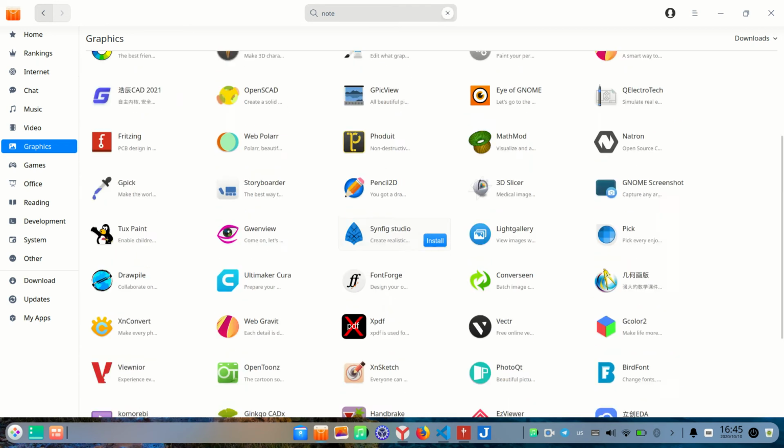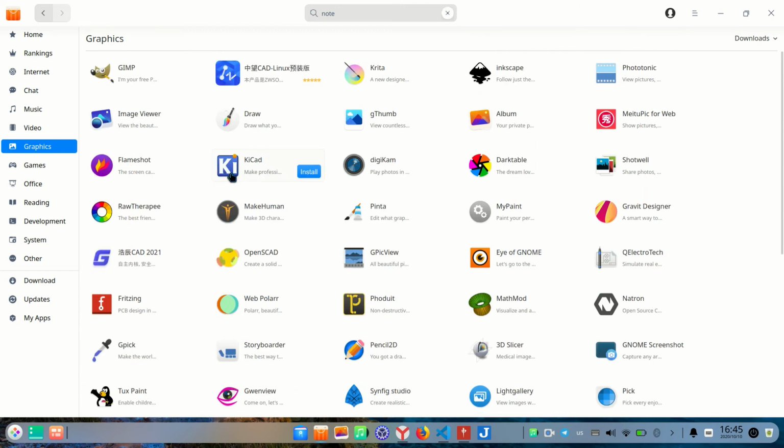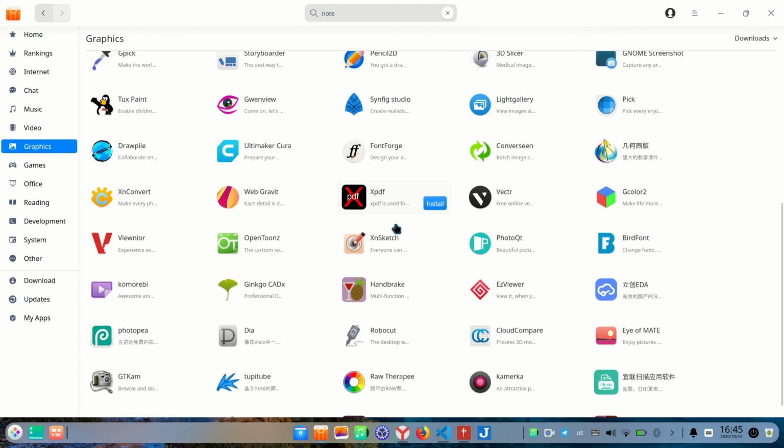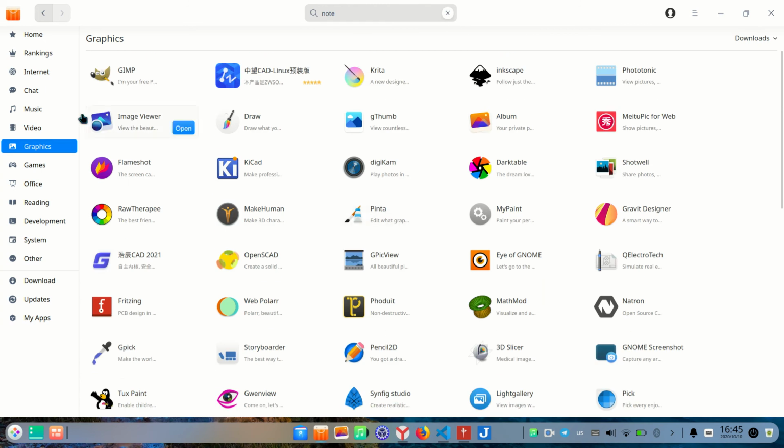Other things too. For example, this KiCad thing is different. It's for PCB designs. It's for electronic designs. Here we have other programs. KiCad is better for electronic designs. Yes, you can choose different sites here, and you can install. About the